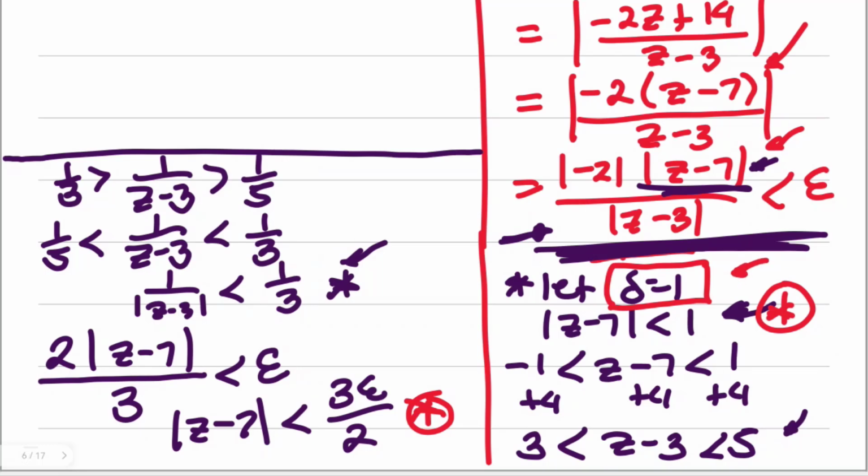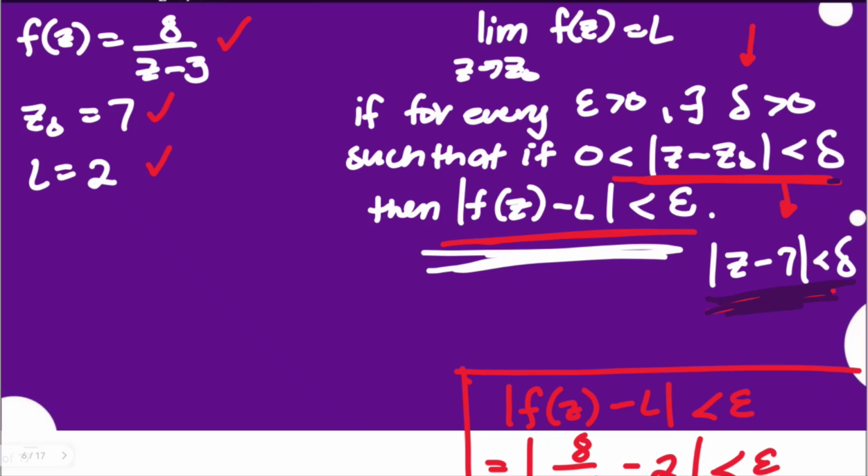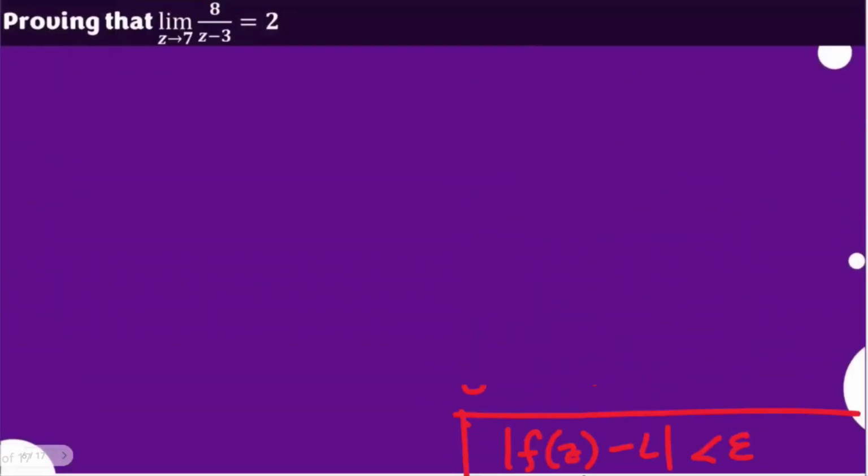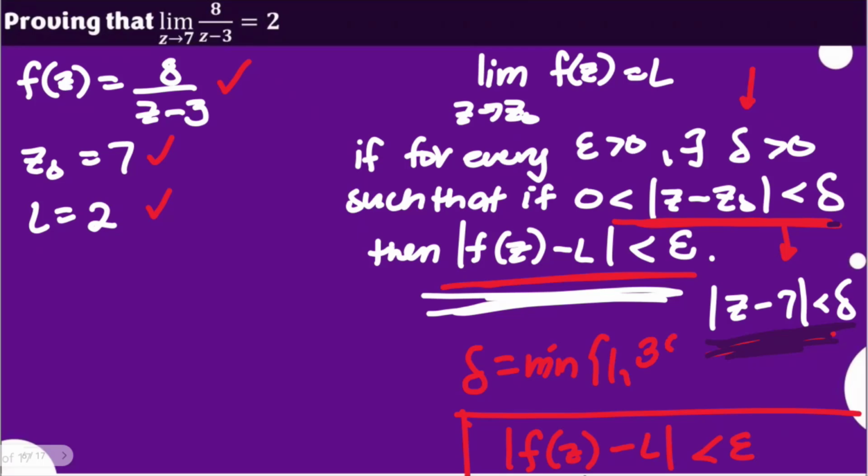In short, our delta now exists, and it could be represented by the minimum of 1, the item we tried to use here, and the other representation, which is the consequence of 1, being 3 epsilon over 2. Since delta now exists, this will be our target. Take note, if you would like a direct proof, you need to show this to be true, but since we had our scratch work, we will be guided with the rest of the process.